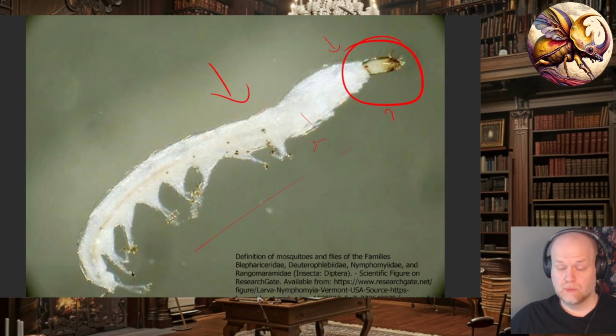And they are also really hard to find because they only live in specific streams. The water needs to be cold, clean, moving. It needs to be a permanent flow. So none of the seasonal snowmelt streams or rainwater streams, nothing like that. But when you do find them, specifically in New England or the Appalachian Mountains, you can find them in huge numbers. They've been recorded at more than 4,000 individuals per square meter, which is kind of crazy. But remember, these are also really, really small,